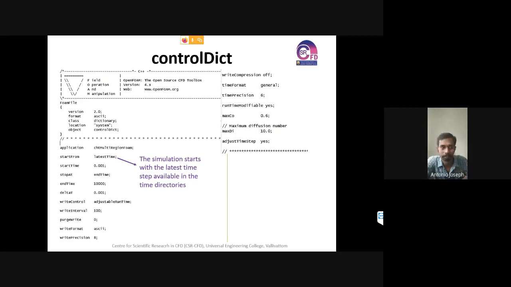That's the latest time from where we want to start solving. We specify the start time as 0.001, and the time step is also 0.001, so the incremental time value will be 0.001. Initially it starts with 0.001 second, then the next time step will be 0.002 second.